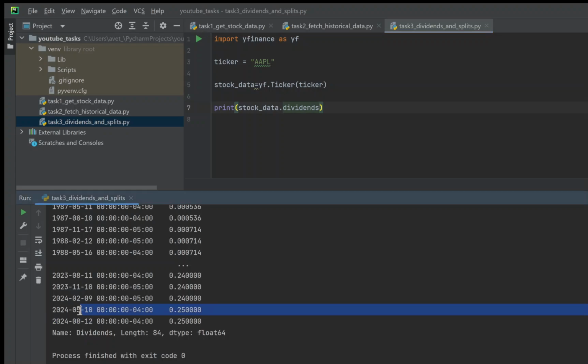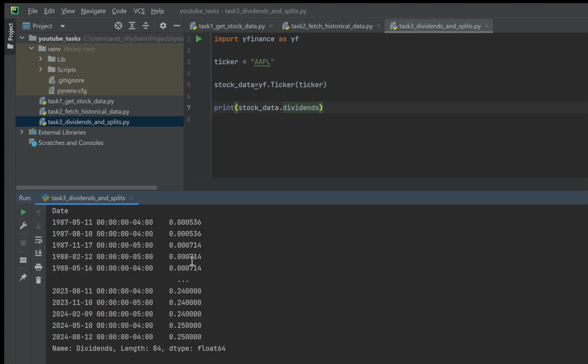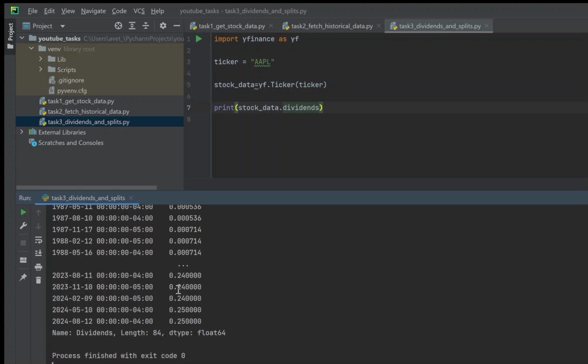You can see the difference is 3 months, and it mentions the dividend per share. For example, if you own 1 share of Apple for the last 3 months, your dividends would be 0.25. With that covered related to dividends,